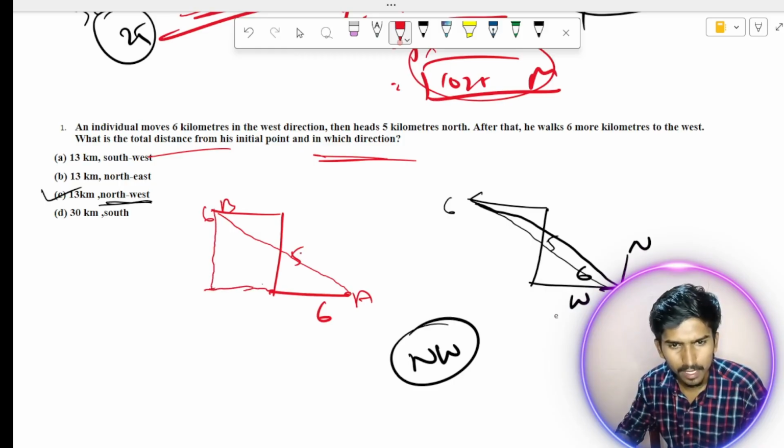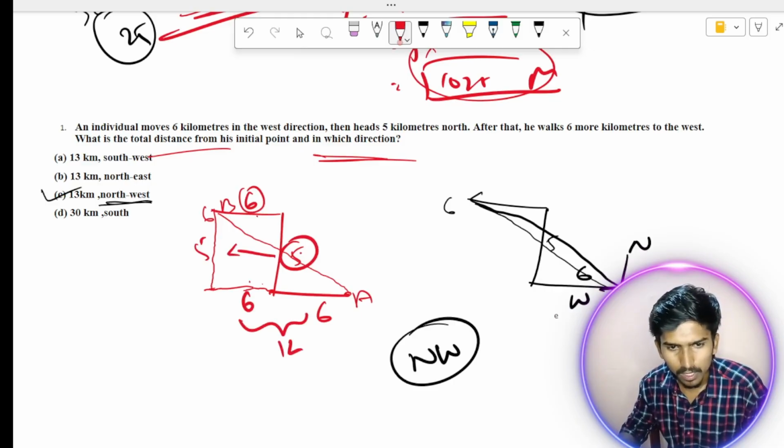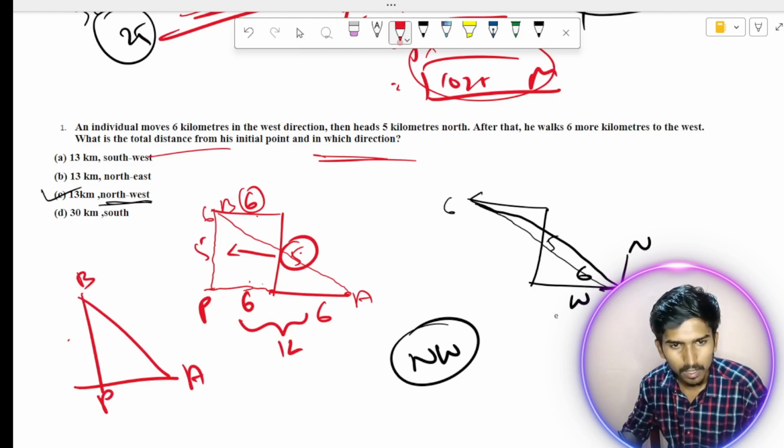If it is 5, the opposite side also becomes 5. If it is 6, the opposite also becomes 6. So this 6 plus 6 is 12, this is 5, this is the diagram we got. A, P, B, if it is 5 and 12, find this by